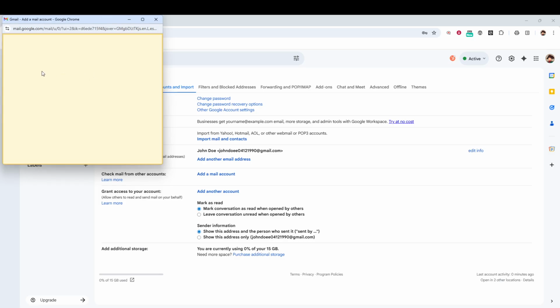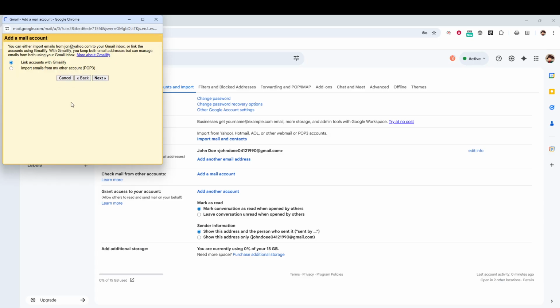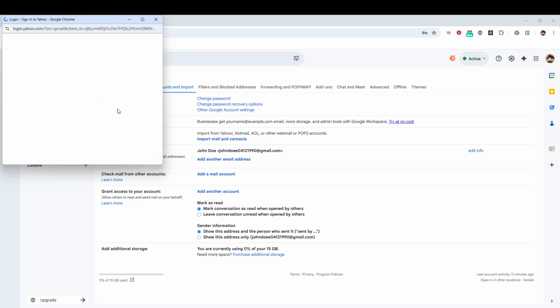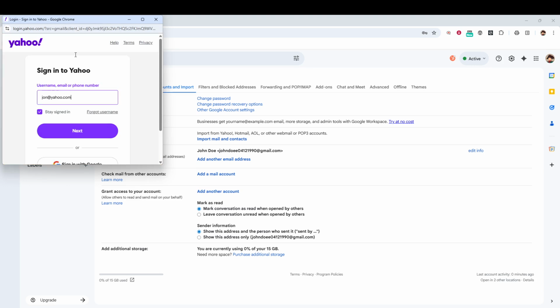After that, you will be prompted to sign in to the external email provider account and approve permissions. Follow the sign-in prompt that appears, and when you see a permissions screen, select Yes or Allow so Gmail can access your messages and complete the link. Take a moment to read what is being requested, and make sure you are signing in to the correct account